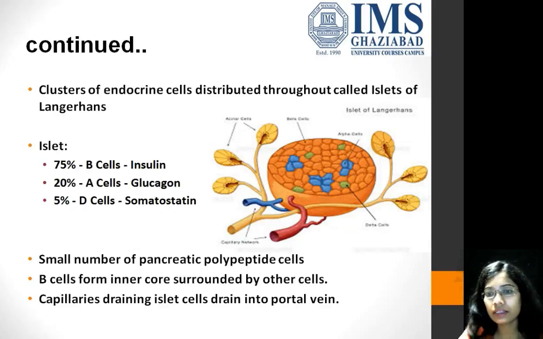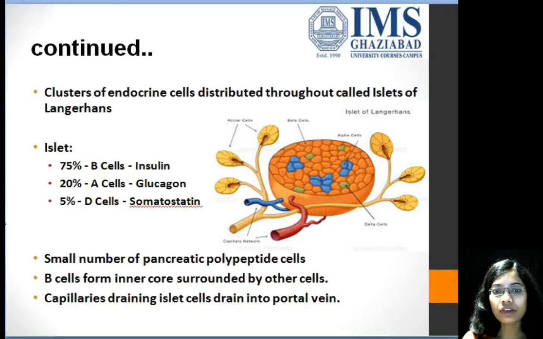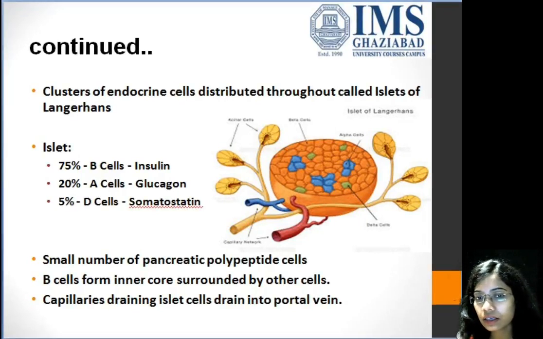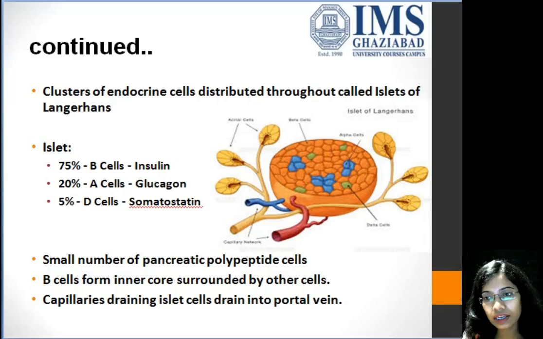Islets of Langerhans. The islet of Langerhans is comprised of three types of cells, that is alpha cells, beta cells and gamma cells. Alpha cells make up 20%, cells which basically form the glucagon hormone. Beta cells make up 75%, which are the main cells and form the insulin hormone, and 5% are gamma cells